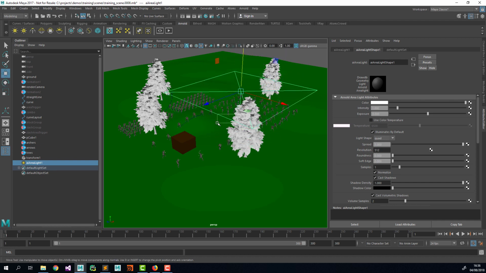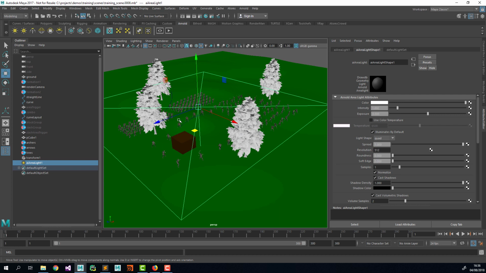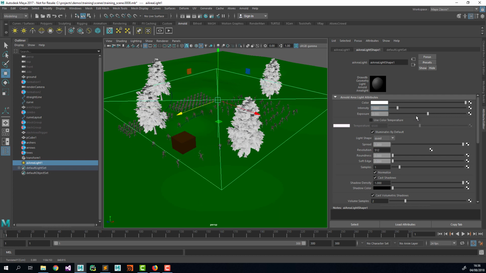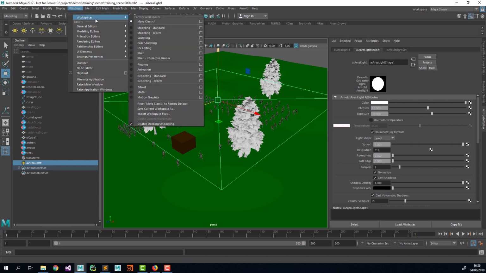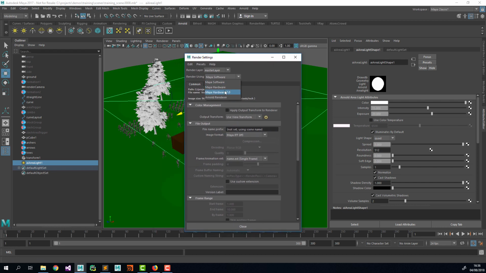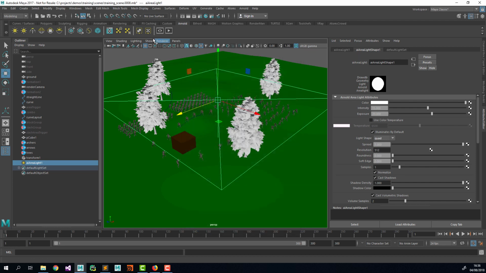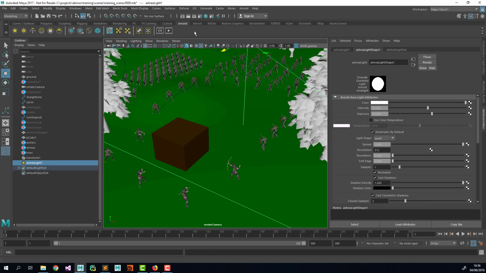Like that. I'm going to change the exposure, something like that. So render settings, Arnold, renderable camera, render camera, and